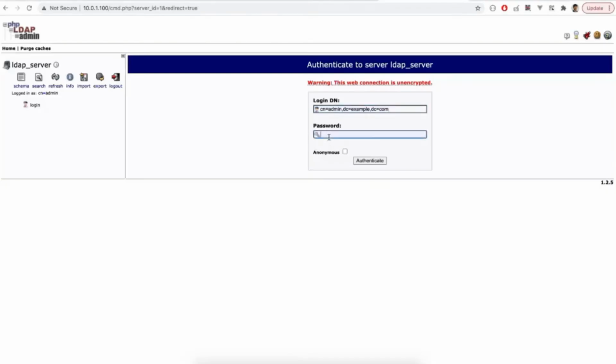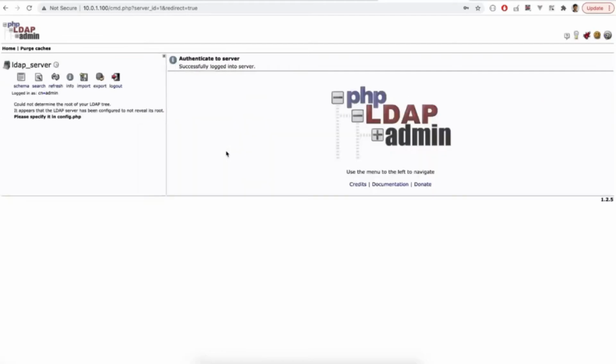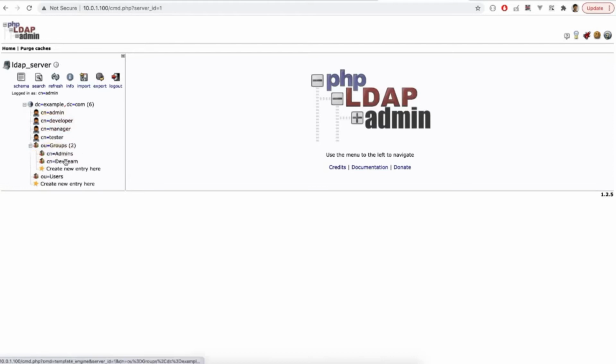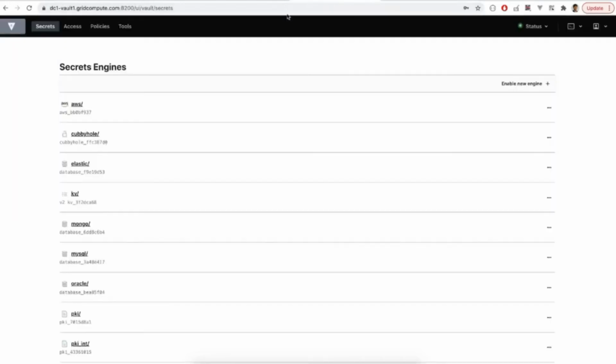Now we will use Vault to dynamically generate credentials. Let's refresh the list. Yeah, so we have a couple of users and groups and some users tagged under the groups. The purpose of our demo is to create an OpenLDAP secrets engine through the command line interface, and we will generate some identity credentials in OpenLDAP at runtime.